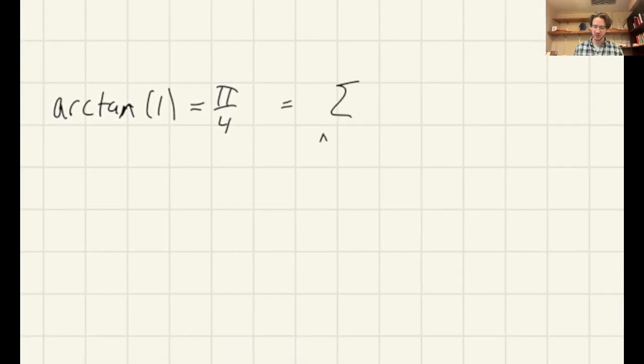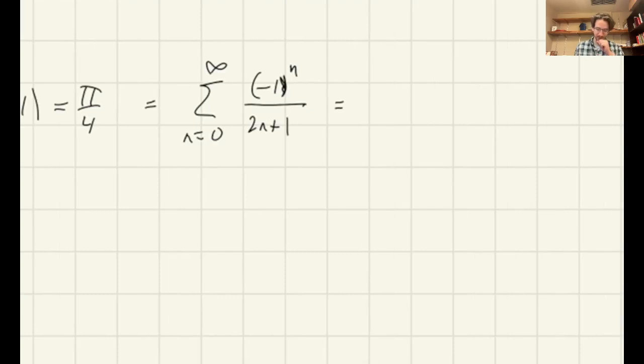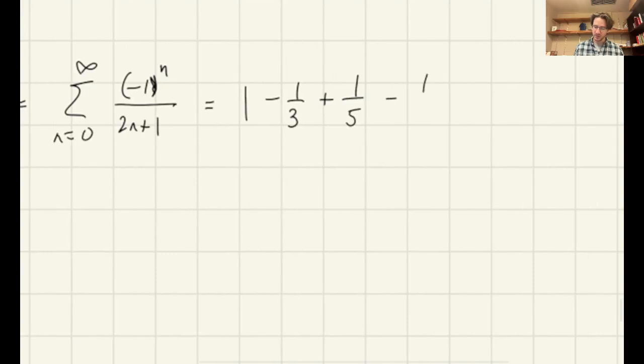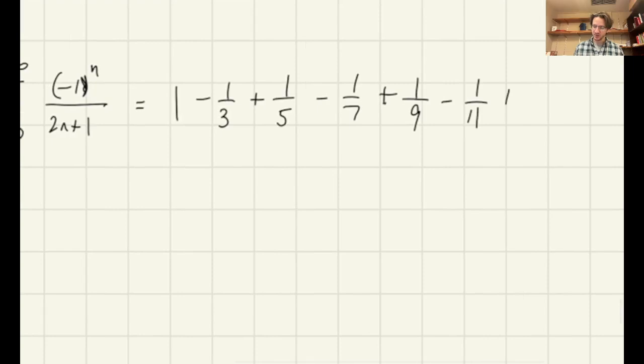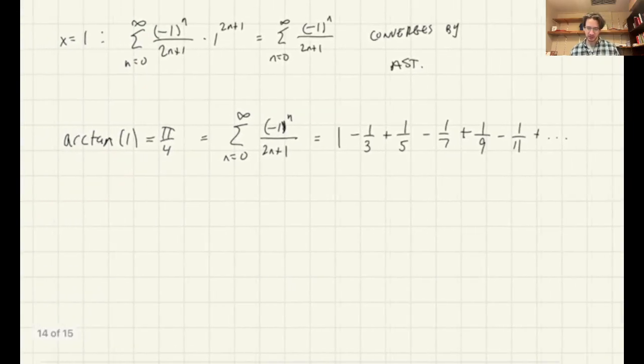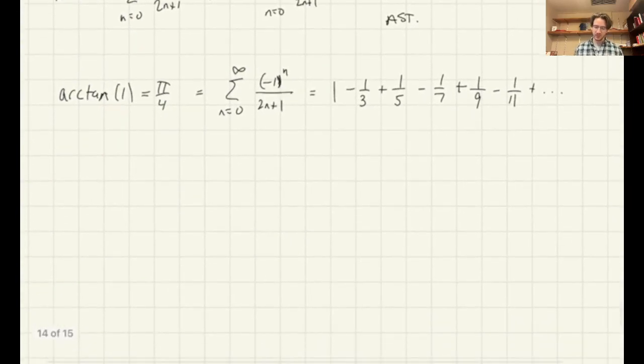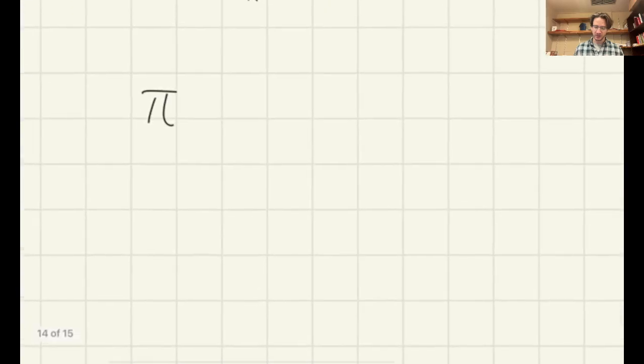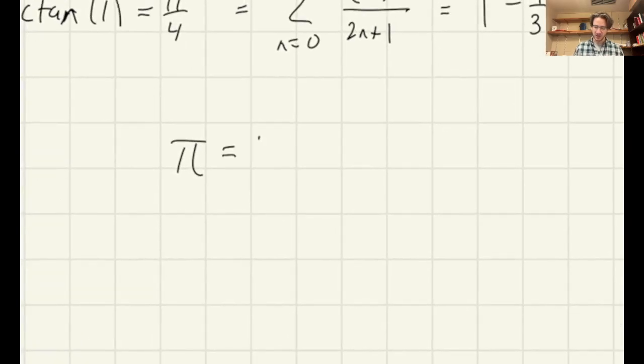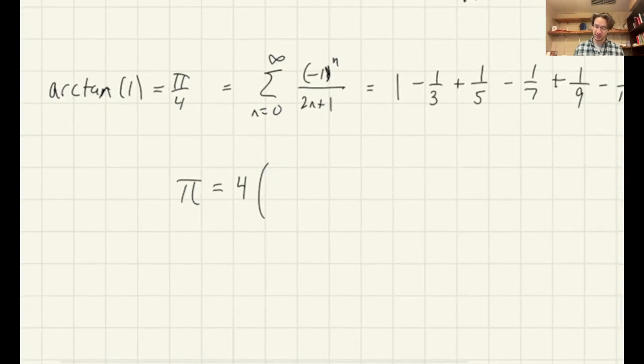This should be the sum n equals 0 to infinity of -1 to the n over 2n plus 1, which looks like 1 minus 1/3 plus 1/5 minus 1/7 plus 1/9 minus 1/11, and so on and so on and so on. Okay. And so if you've ever wondered where the value of pi comes from, this is one way to calculate it. Now, this is an incredibly slow way to calculate it, just so you know, because by the alternating series